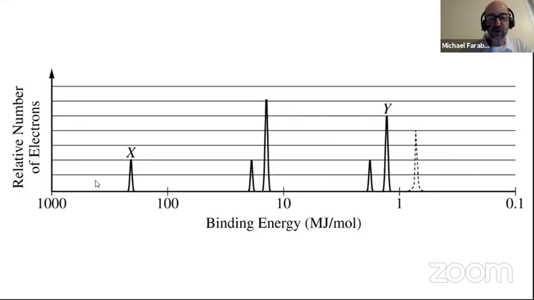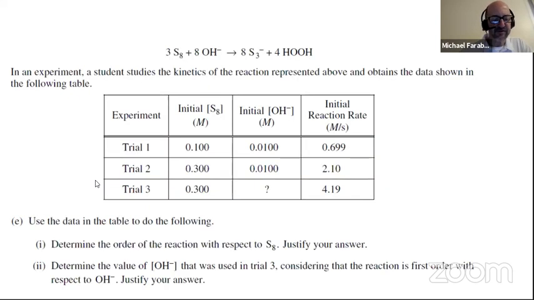All right, so we go on to the next part of this question. This is part E. And now we're talking about the reaction between sulfur and hydroxide. This is a kinetics experiment. So we have a student who is studying the kinetics of the reaction represented above and obtains the data in the following table. So part I of part E says, determine the order of the reaction with respect to S8,